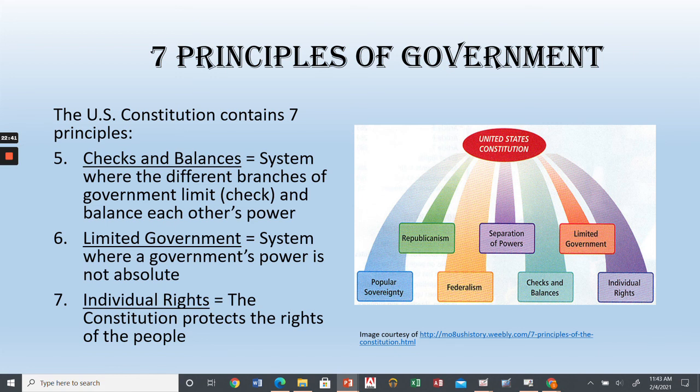So as we learn about what the specific terms of the Constitution says, keep in mind, are they making sure they're fulfilling all of these principles and kind of the promises of the Preamble? All right. Next time we will get into what the specific articles